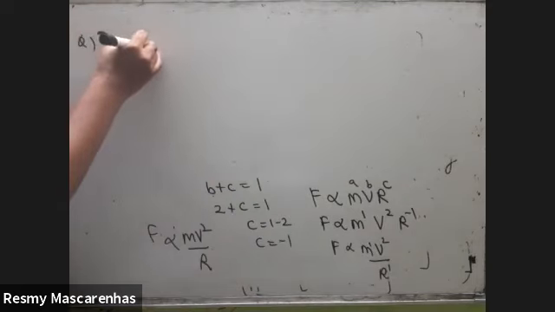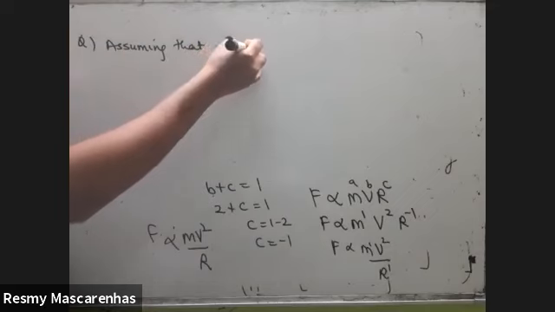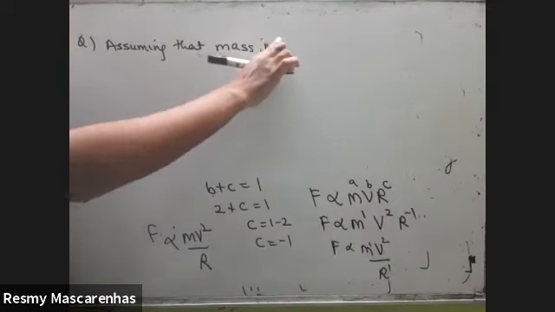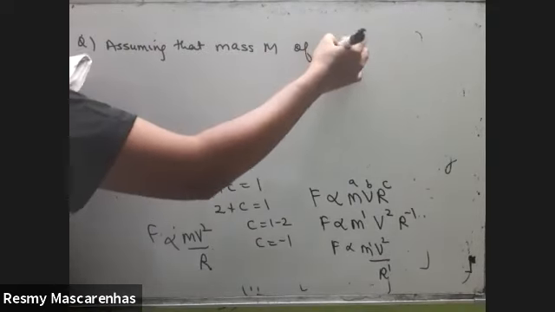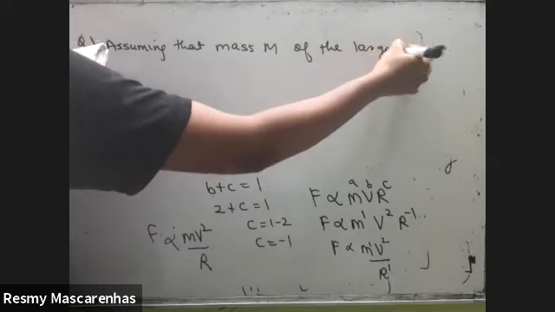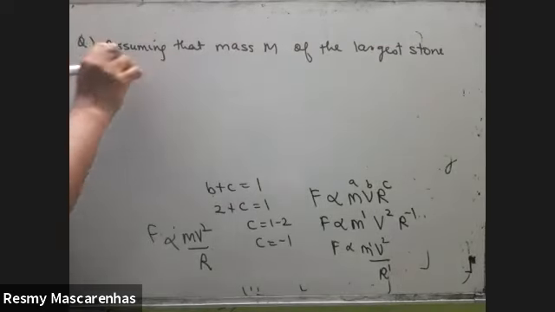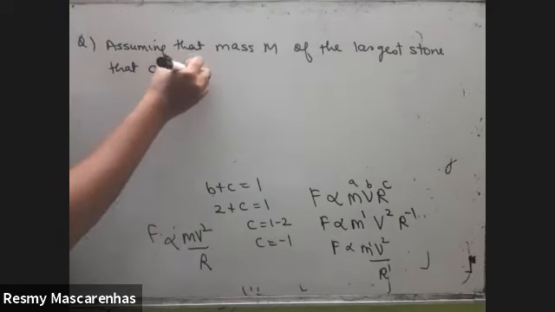Assuming that mass m, sometimes they might not put it in the brackets, they might just give it like this also. Largest stone, you have to read at least 2 times properly, just see if you don't miss out any physical quantity, and can be